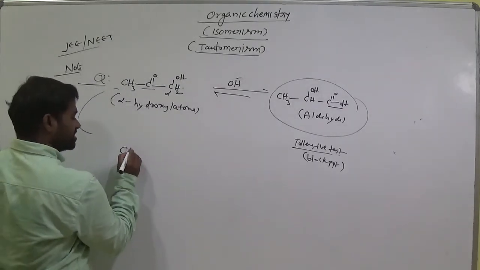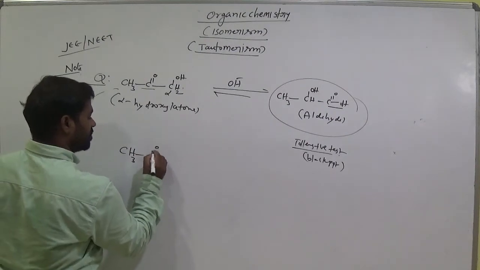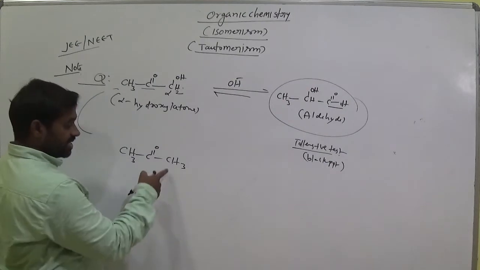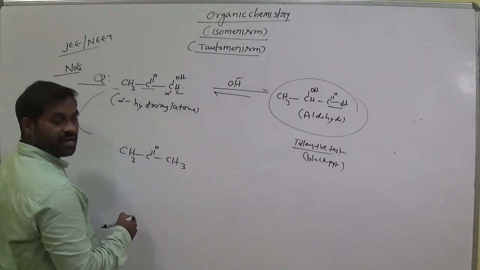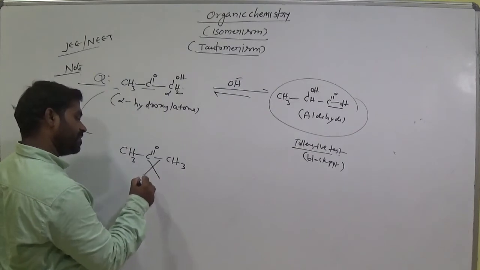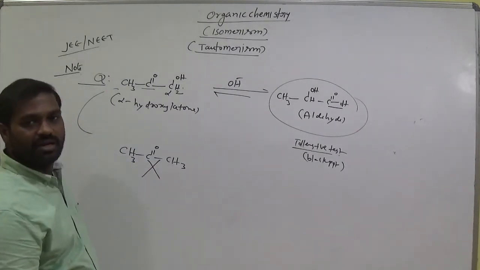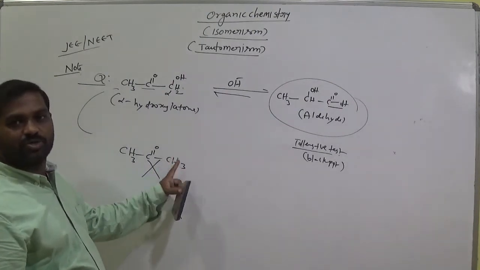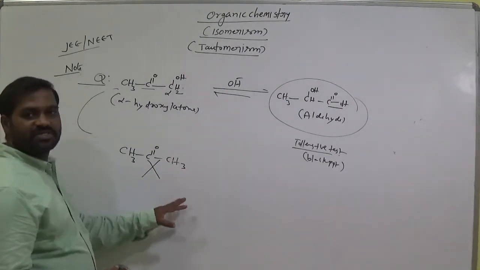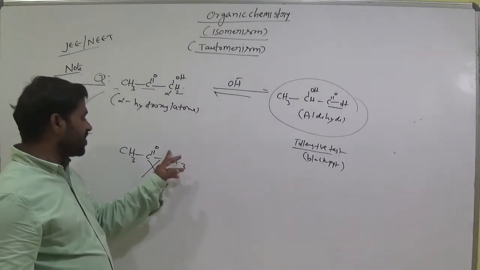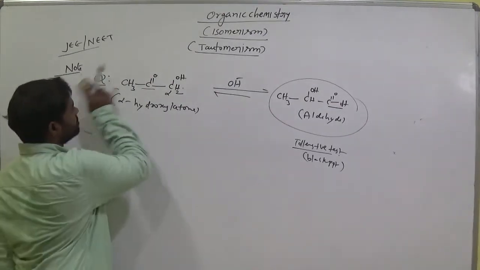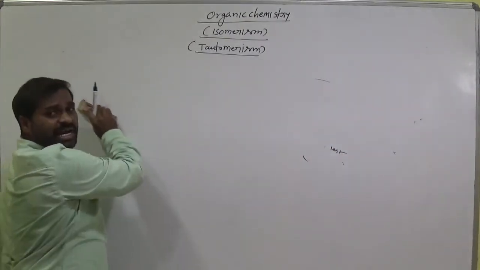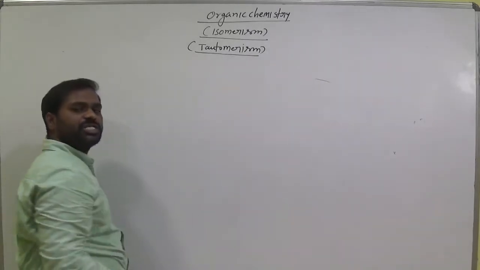Now let us see CH3 C double bond O CH3, am I right? It is also a ketone, it has alpha hydrogen, okay, but it does not give a Tollens test. Why? Because there is no OH group here. Even though it is a ketone, it does not give the Tollens test. Why? Because of the absence of an alpha hydroxy group here. If an OH group is there at the alpha position, then that ketone gives a positive Tollens test.